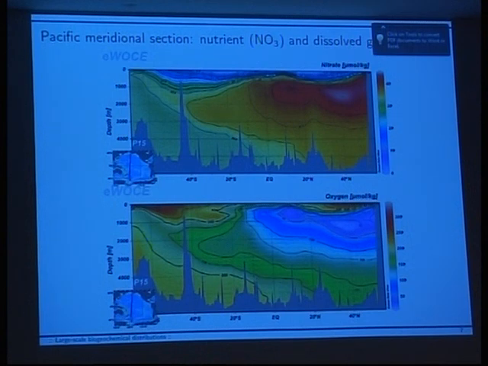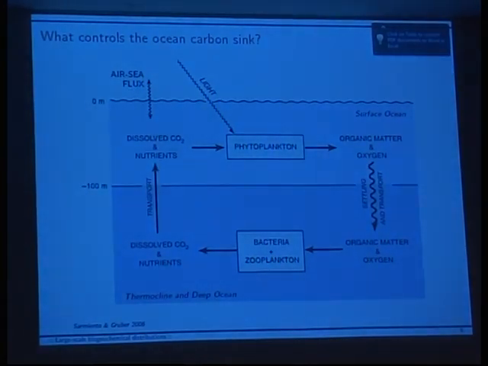This is here some observational illustration of these fundamental processes. Again, what we do here is we produce oxygen and organic matter. We remove oxygen below this